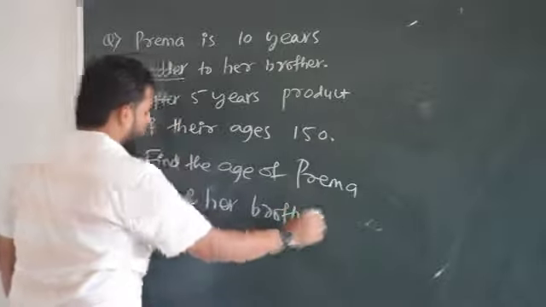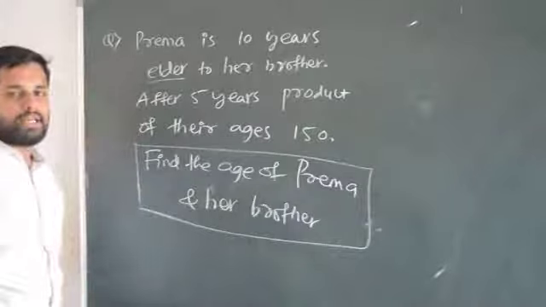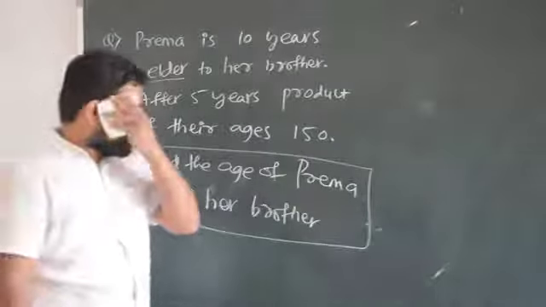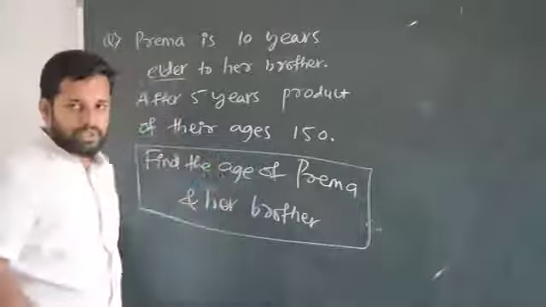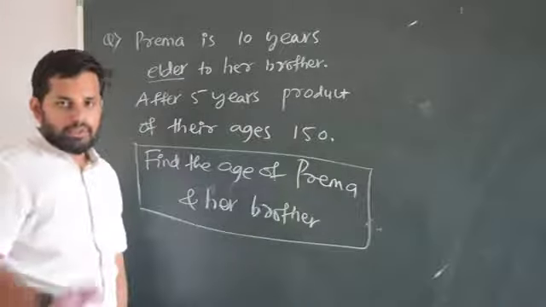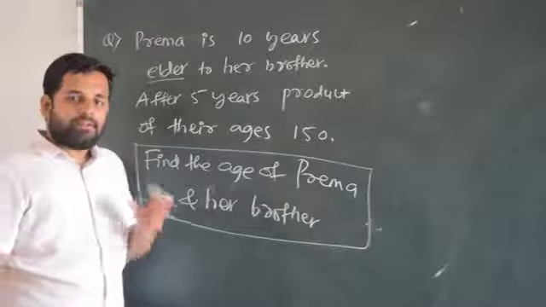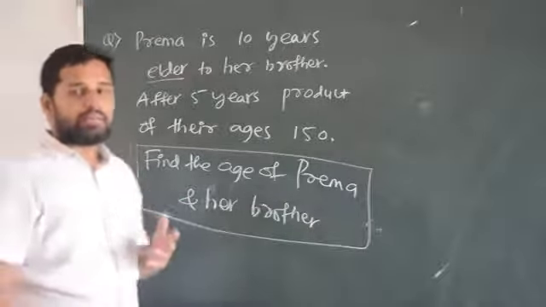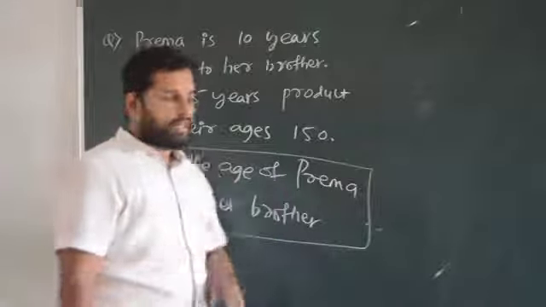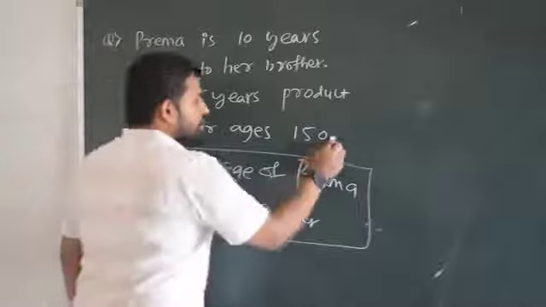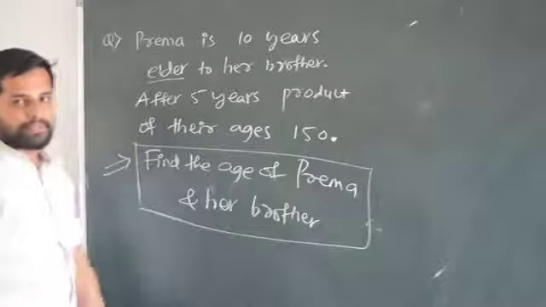Again, I am telling you, in this video we are not going to solve this. Before that we should get to know whether this situation is possible or not. These situations are given to you. Whether this situation is possible or not, for that we have another criterion, the discriminant, b square minus 4ac, which I will handle in the next class. No need to worry about that. Actually, this is the second part of the problem. First, you have to tackle this.